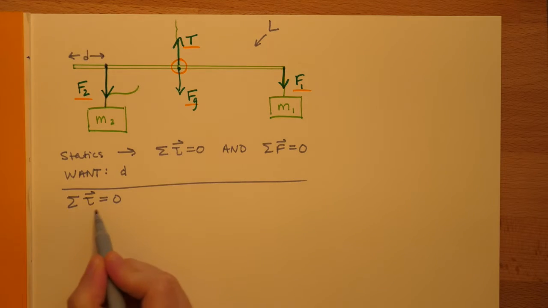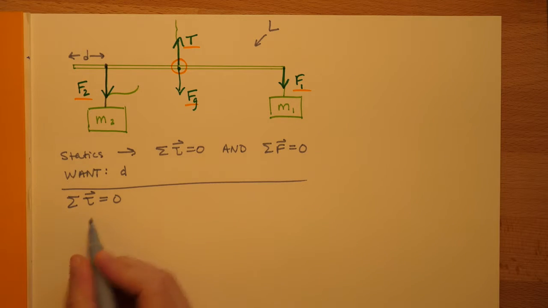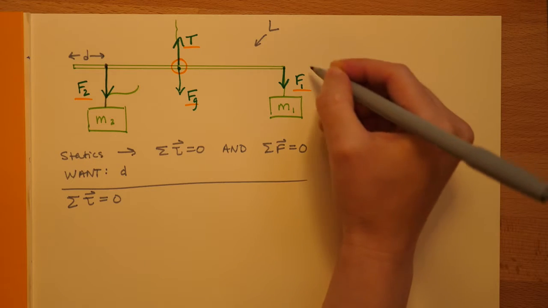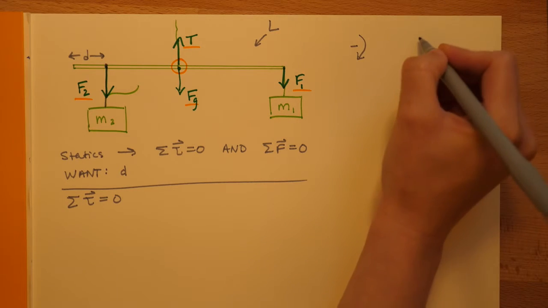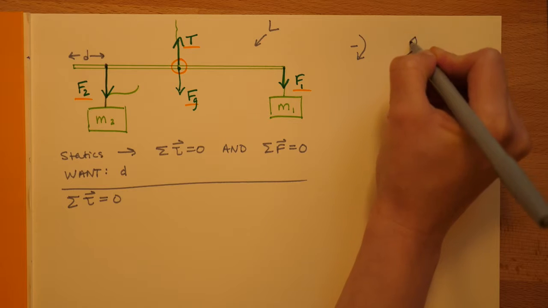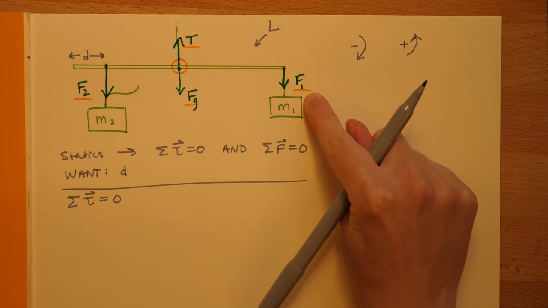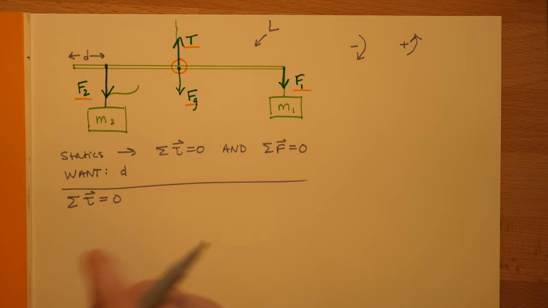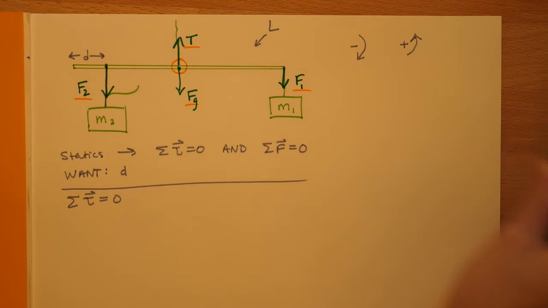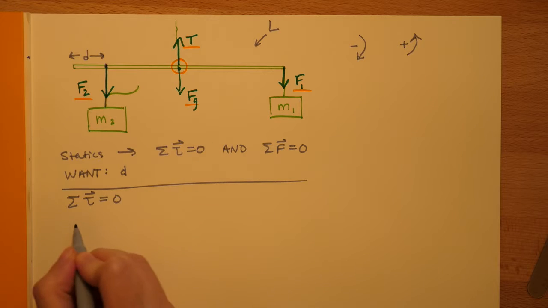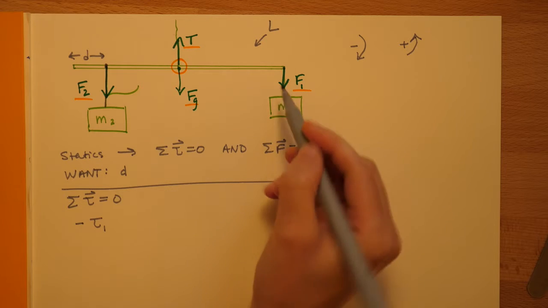Okay, so when I'm summing the torque, I like to just put the sign in as I write. We're going to say that if a force is going to move the stick clockwise, that torque is negative, and if it's going to move the stick counterclockwise, that torque is positive. So is this a positive or a negative torque? Well, if we pull down on it, the whole stick is going to rotate clockwise, so that should be a negative torque. So negative torque from force 1, and then